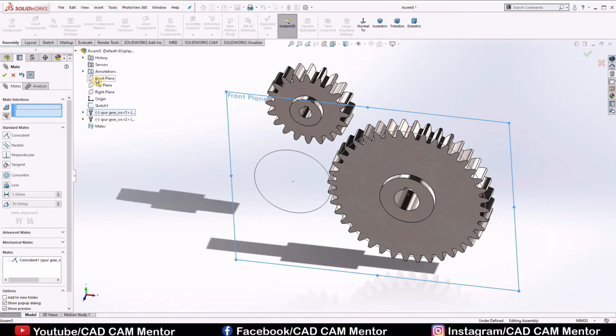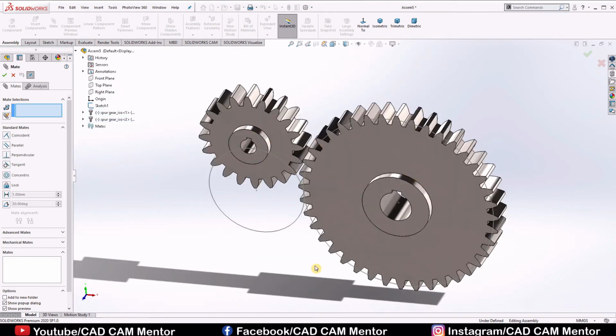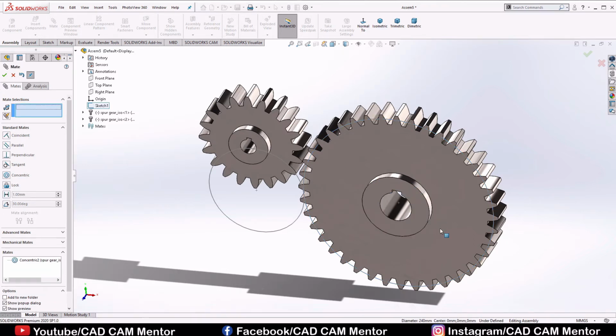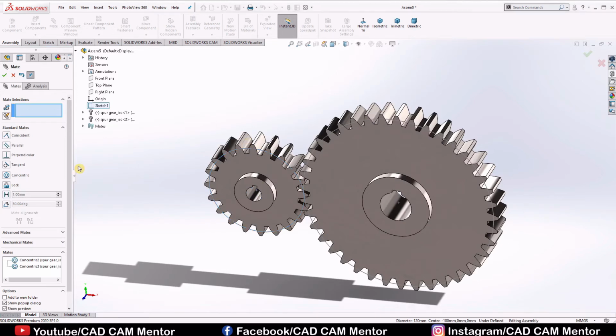Again select front plane and face of the pinion gear and select OK. Now select pitch circle and select this edge and select OK. Again select this pitch circle, select this edge and select OK. Select OK.